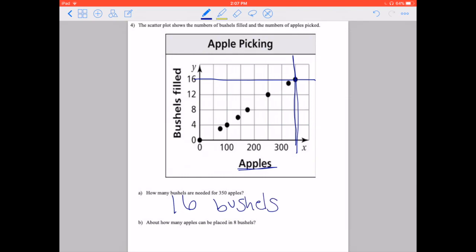Then for B, it says how many apples can be placed in 8 bushels. So I'm going to do the opposite. We have bushels on the y-axis. I'm going to make a line all the way across and see where it crosses. So it crosses here, which is about 175 apples. All right, and that'll be it for the scatter plots. In the next one, we'll talk about